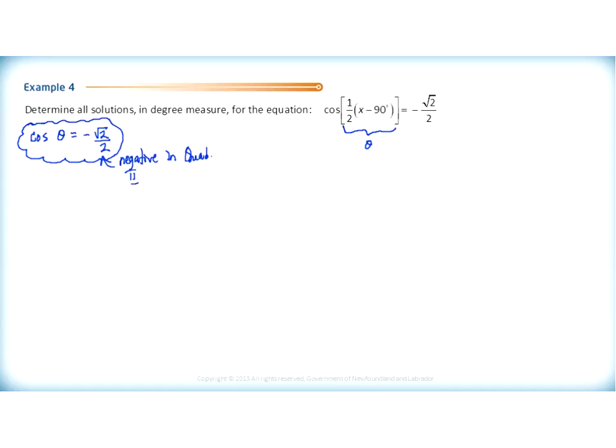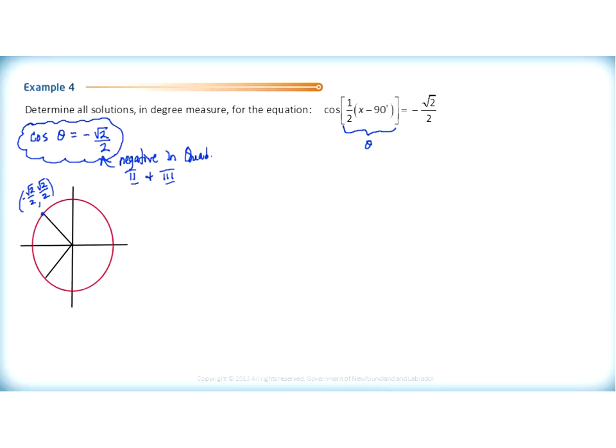Cosine is negative in quadrants 2 and 3. So we can sketch a diagram of the unit circle to represent the given information, putting a terminal arm in quadrant 2 and another terminal arm in quadrant 3. The cosine is a negative √2 over 2, so the